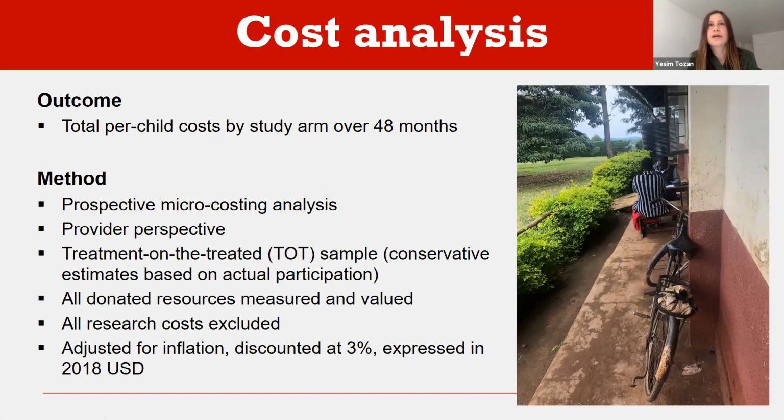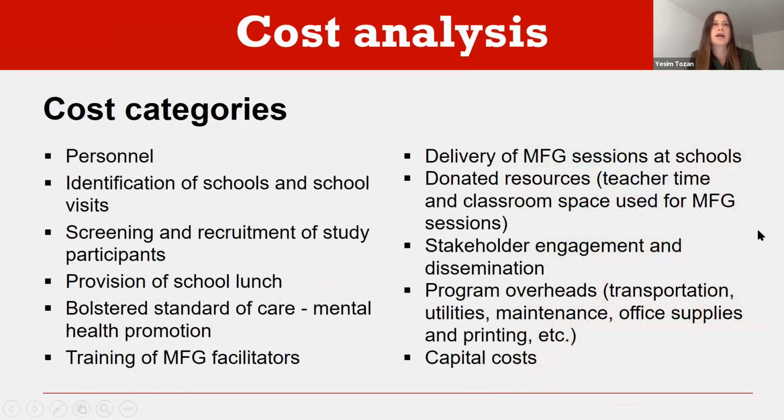We categorized our costs as programmatic costs or research costs, and all costs were adjusted for inflation, discounted at 3% and expressed in 2008 USD dollars, which is the start year of the intervention. So resource use basically was measured for all activities. This way we ensured that we have a high quality microcosting approach applied, and the major cost categories are listed over here,